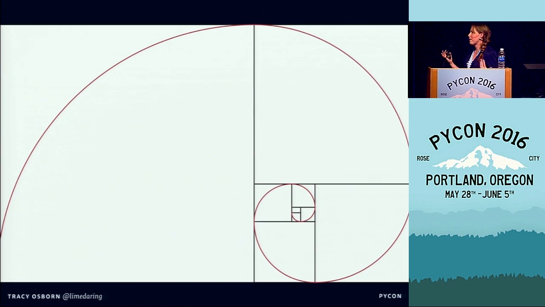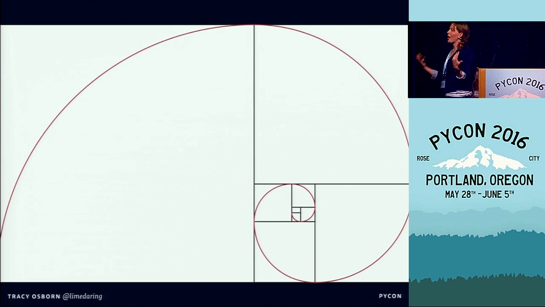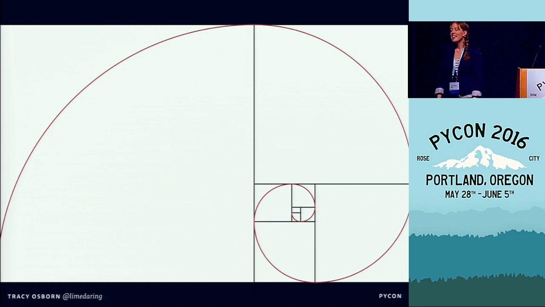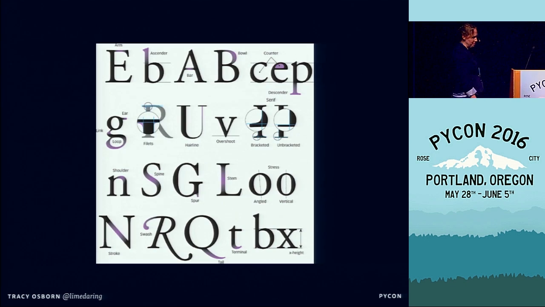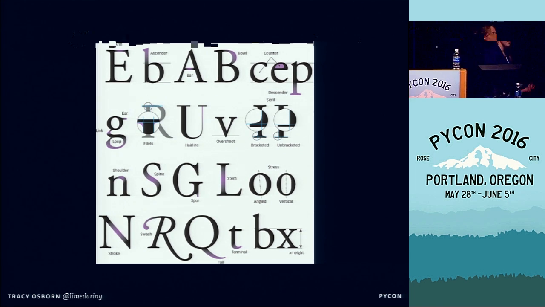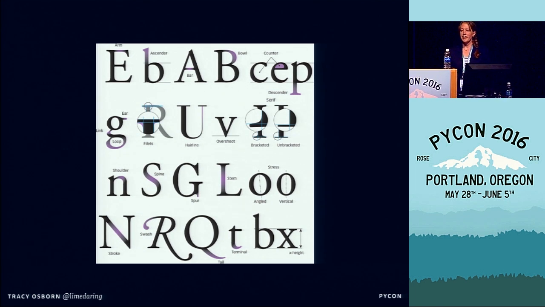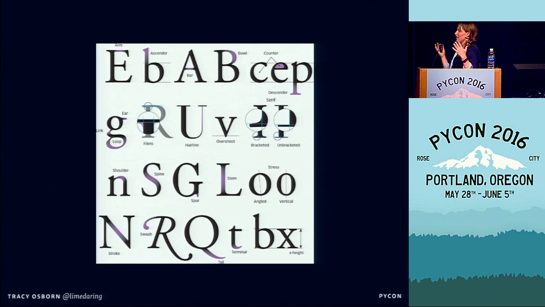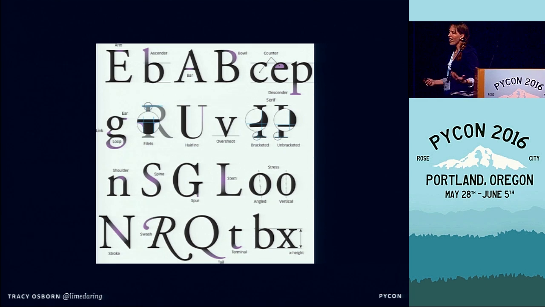And this is my biggest pet peeve when it comes to design. I'm not going to talk about things like the golden ratio. It drives me absolutely batty whenever it's an introduction to design, and they go over the golden ratio. I'm like, that does not need to be in a beginner talk. And I won't go over parts of typography, which is also my pet peeve. That shouldn't go in a beginner talk. It's super fascinating to figure out all the pieces and parts of a letter, but that's not beginning